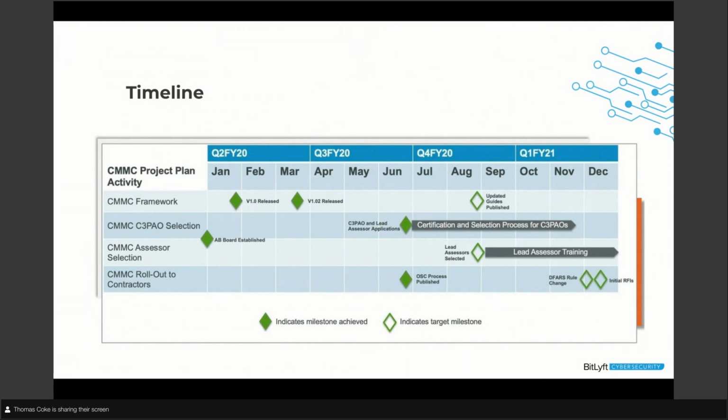You can go find this. They are taking comments on it, and I think they'll probably update that and create some further guides, as you can see in the fall. And it's going to roll out to contractors. It was supposed to be this summer and then moving on into Q1 of 2021. So make sure that you keep an eye on this. This isn't the end-all be-all. This is actually something we found on the web. There's a number of other sources that have similar calendars or have different calendars, but really this is the one that seemed to be most realistic.